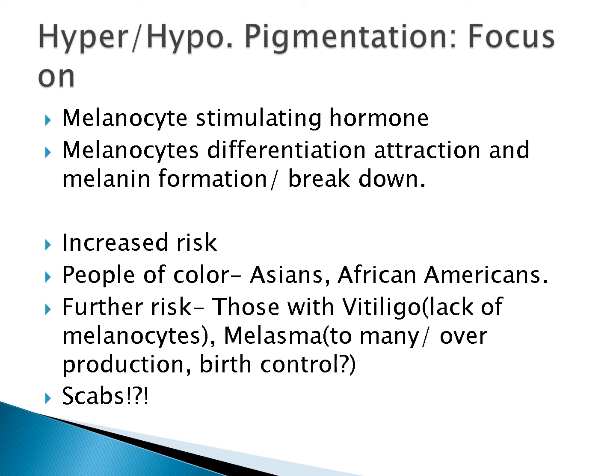Now, there's a couple different conditions that result in another increased risk. So, vitiligo, I'm probably saying that wrong, is the lack of melanocytes. Melasma is the overproduction or abundance of too many melanocytes, and it seems potentially possible that birth control could have a role in this. Another interesting aspect is that scabs, meaning a lesion that has dried over and then you've